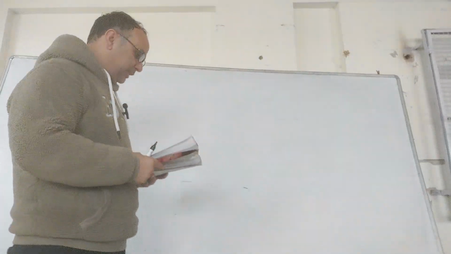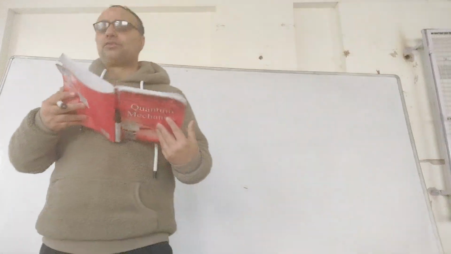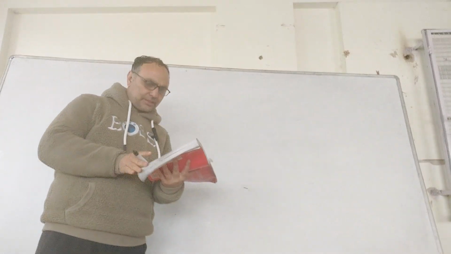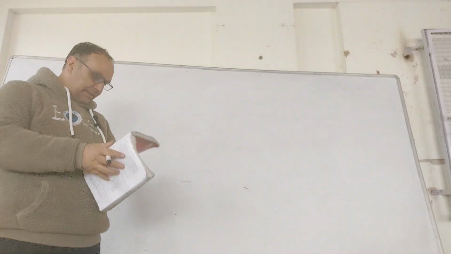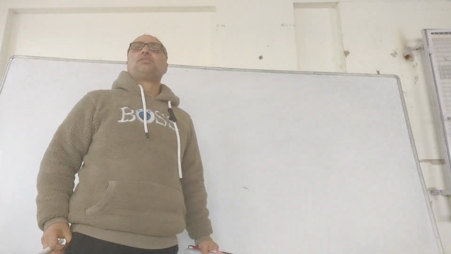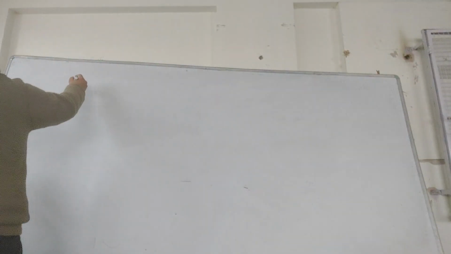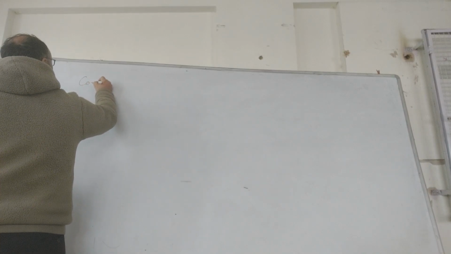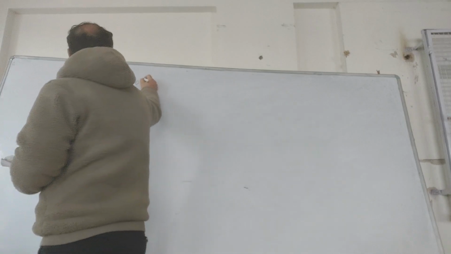So we have been studying eigenvalues and eigenvectors of operators. Last time we solved the eigenvalue problem, and how we solve it in terms of a differential equation. In today's class, what we are going to study is commuting observables